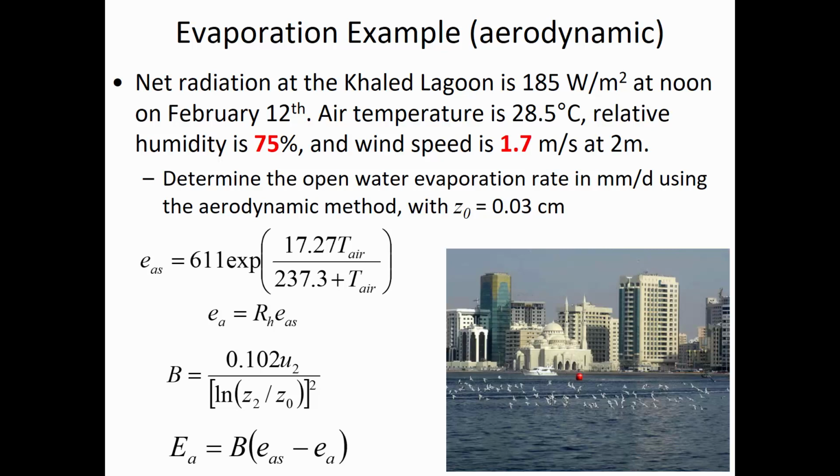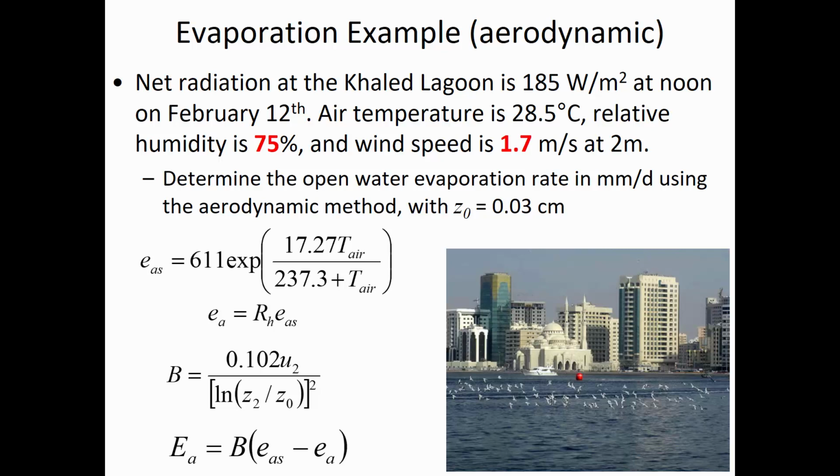So the wind speed is 2.7 meters per second, and that's measured at a certain elevation. It's measured at an elevation above the water surface of 2 meters. So Z2 is 2 meters. And the height of the roughness elements, meaning the wave height, is 0.03 centimeters. So it's relatively low wave height. Okay, with that, we calculate B, and